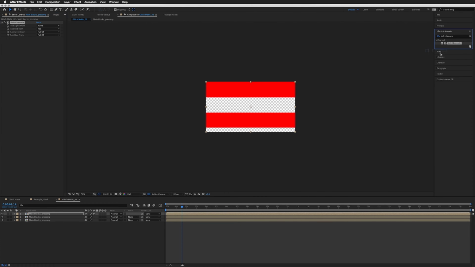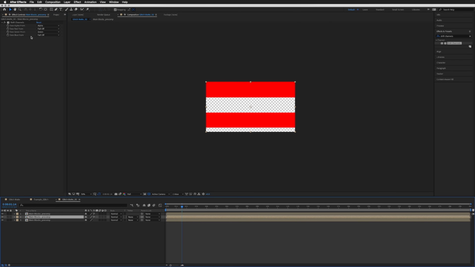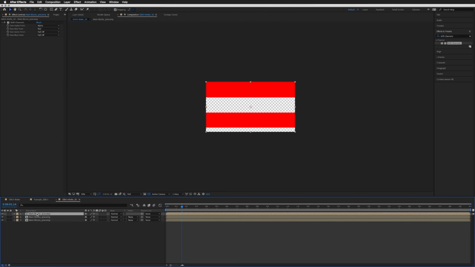Then we're going to bring the shift channels again onto our second layer. We're going to do exactly the same, but with red off and blue off, leaving just green. And then on the bottom one, we can just copy and paste that. So we're going to turn off green and take blue from blue. So it's RGB, red, green, and blue. I might even name these red,